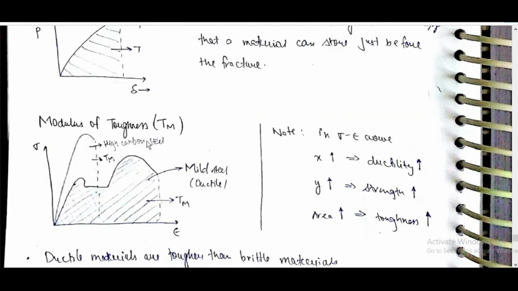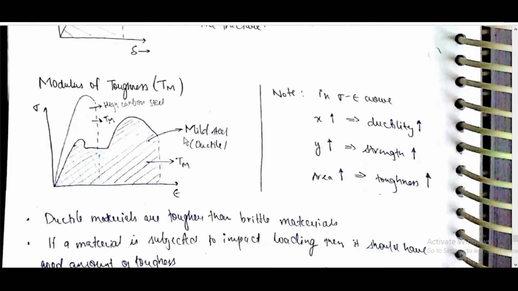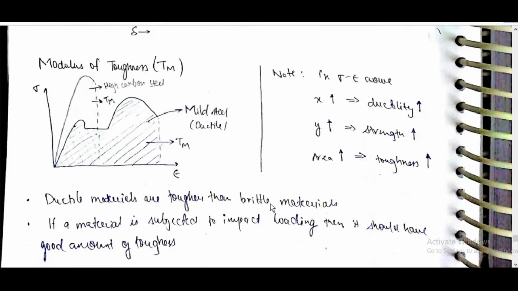Modulus of toughness. For high carbon steel, which is brittle, the sigma-epsilon diagram will be like this. For mild steel, the sigma-epsilon diagram will be like this. Ductile materials are tougher than brittle materials. We can directly see that the area is more for mild steel, which is ductile, and low for high carbon steel,